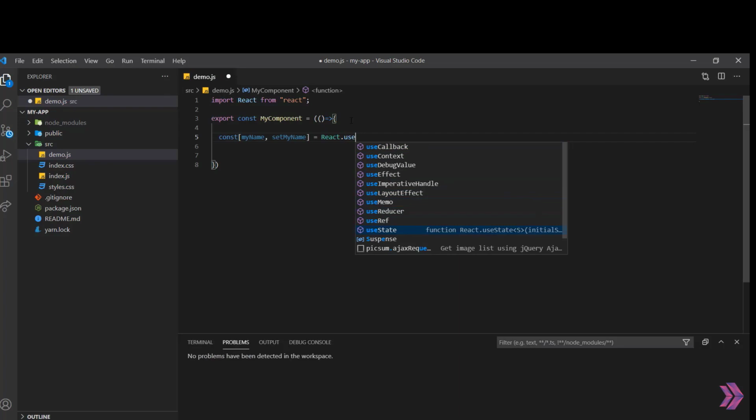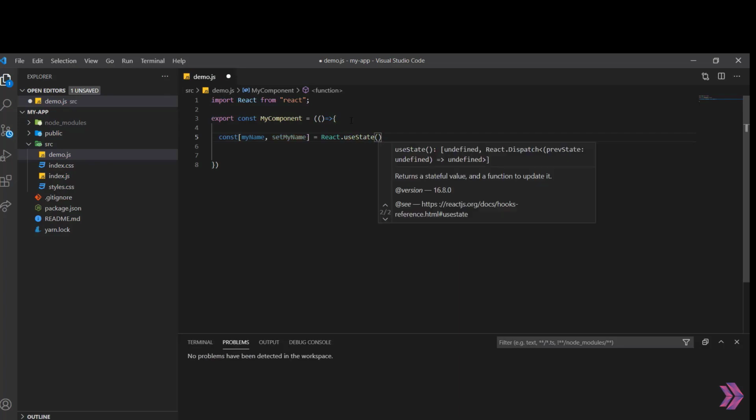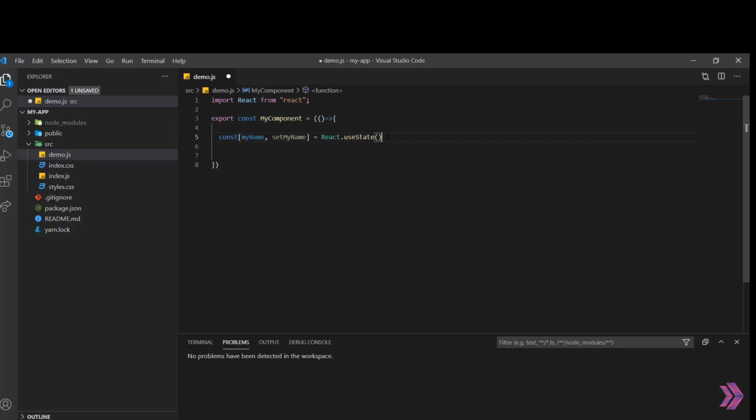You can write and import the useState like this,